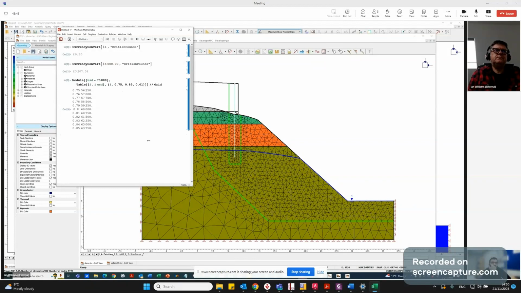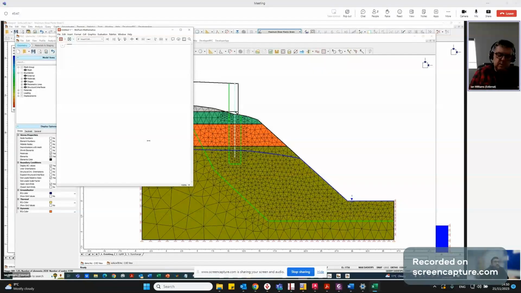Diameter equals 450 mil. Right, so I've got diameter of 450 mil,